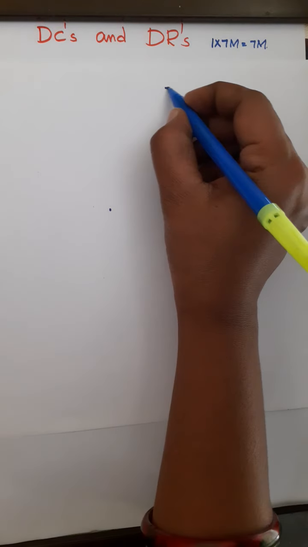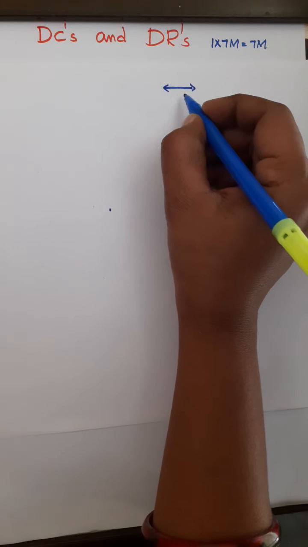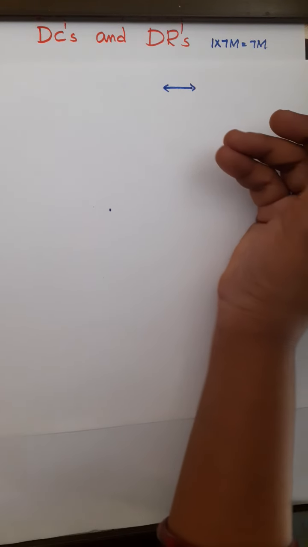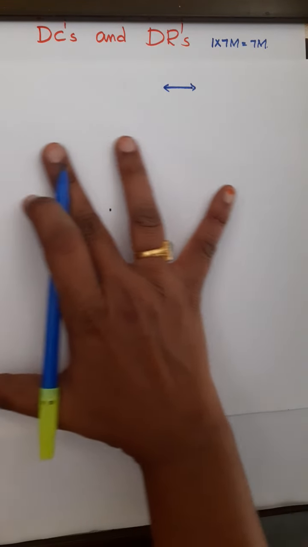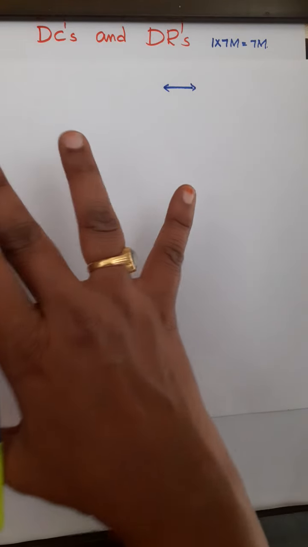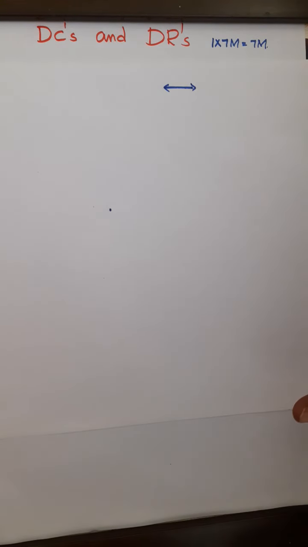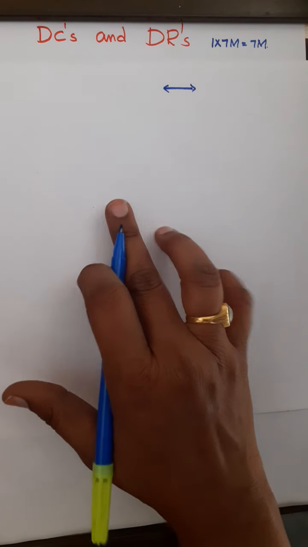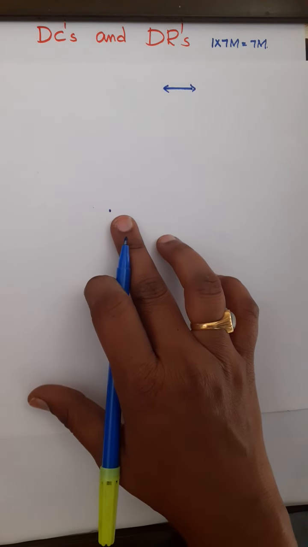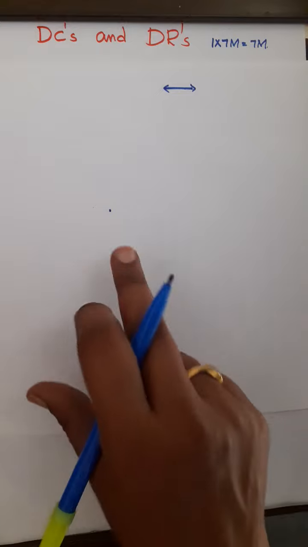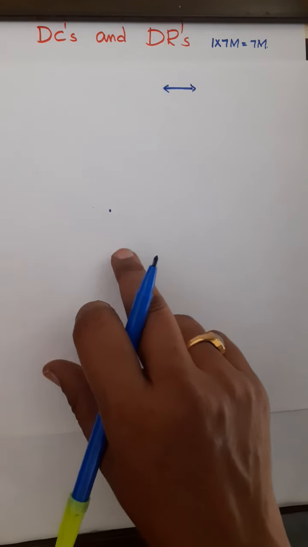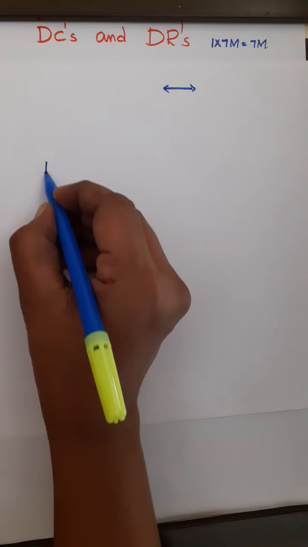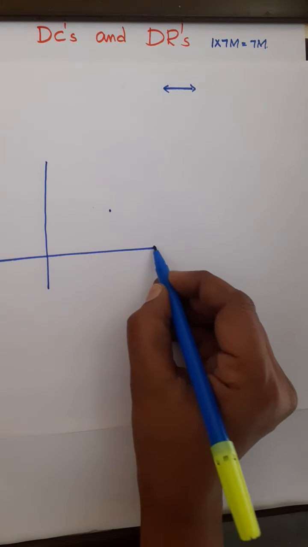If you have a line, it doesn't have any ending, right? We can extend this line on both sides infinitely. In the same way, this plane also you can extend infinitely. Suppose in that infinite plane, you have a point here, right? How do you define this point? How do you describe this point? To describe this point, what are we using?